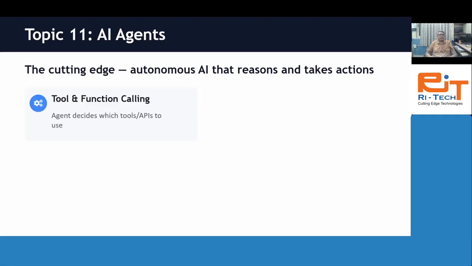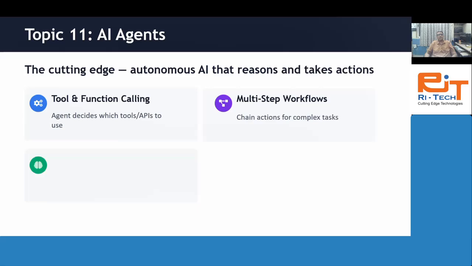Here we learn tool and function calling. The agent decides which tools and APIs to use to accomplish tasks. Multi-step workflows: how to design multi-step workflows using AI agents, chaining actions for complex tasks. Memory and planning: remember the context and plan before acting.